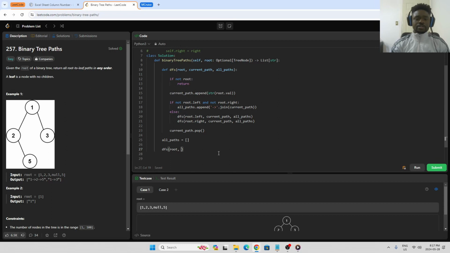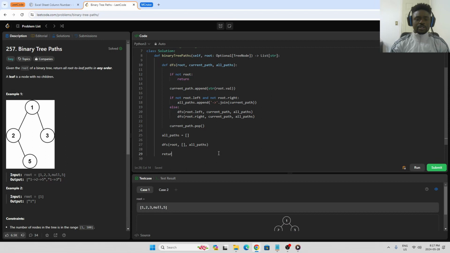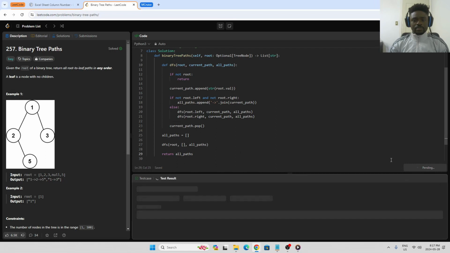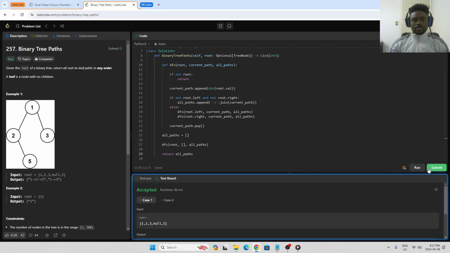The current path is going to be a dynamic variable, like we don't need to store it in memory. Then for all paths, we just created that variable. Then after we're done, we just have to return all paths, and I believe this should solve the problem. Let's run it. So this passes both test cases if I submit it,